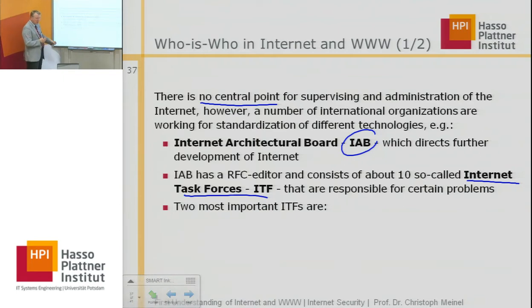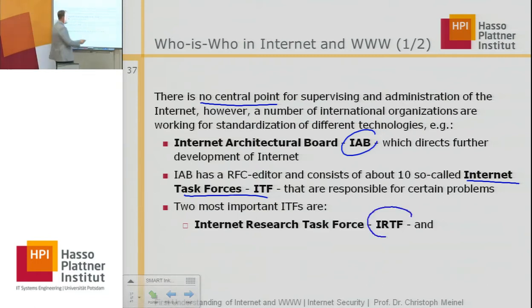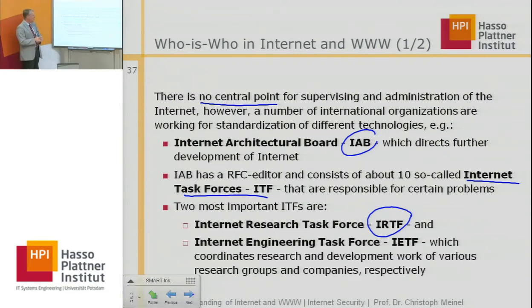The two most important internet task forces are the Internet Research Task Force, the IRTF, and the Internet Engineering Task Force, the IETF, which coordinate the research and the development work of various research groups and companies around the world. You are invited to contribute. It's a very open structure, and this openness was one of the main factors